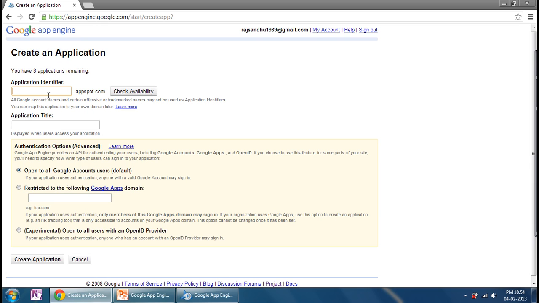It asks for the identifier. Let me type "my first Python web app" and check for availability. Yes, it is available. If the identifier is available, you can get that identifier.